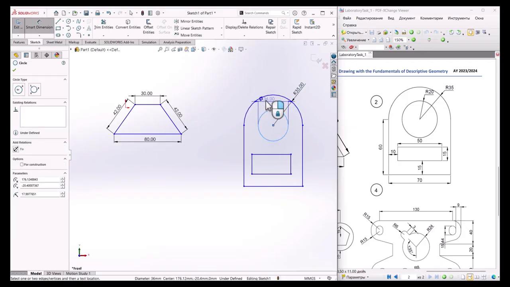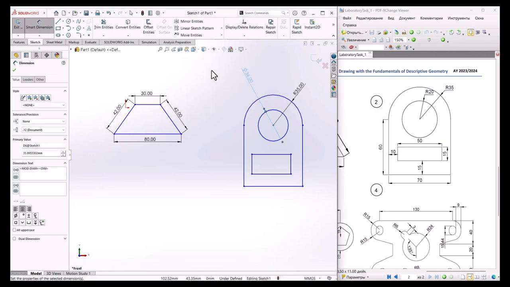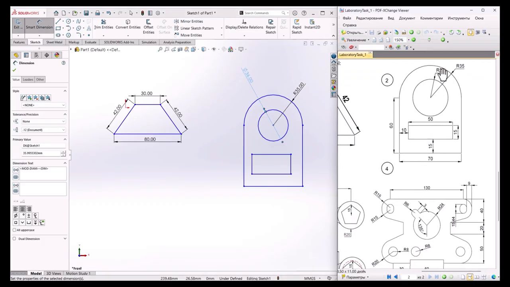And choose the circle and add any value. And here it is showing in the task is shown 20, but we need to change this one, right? So I have to change when you select dimension or anything, so that becomes a light blue color,